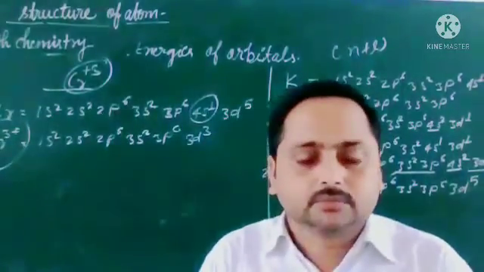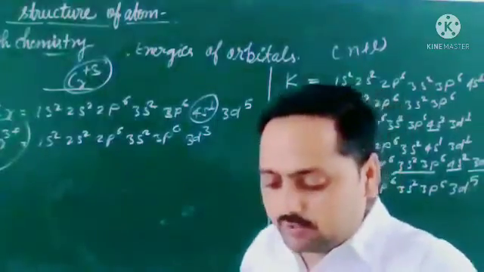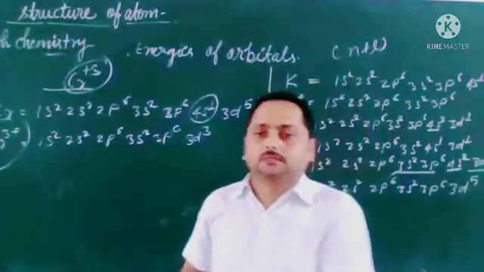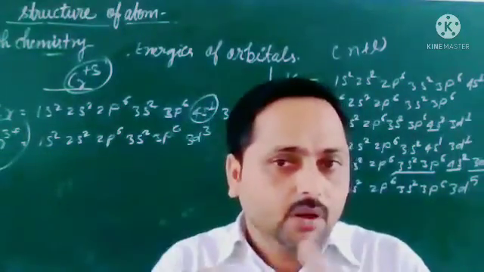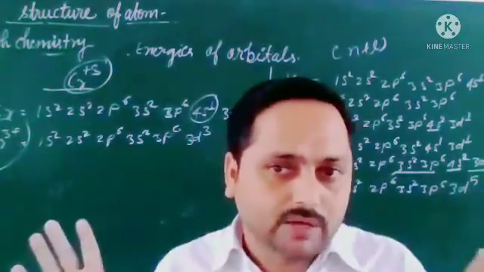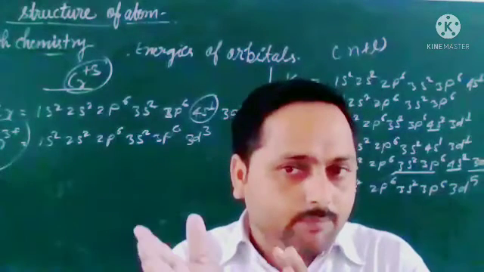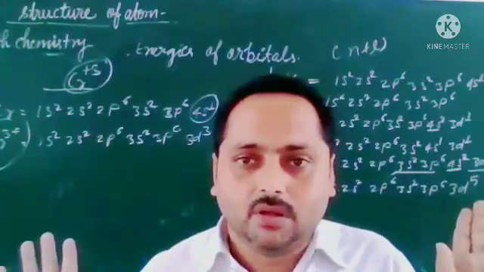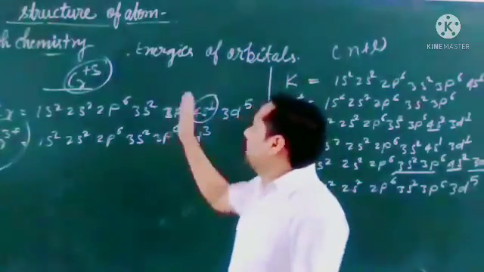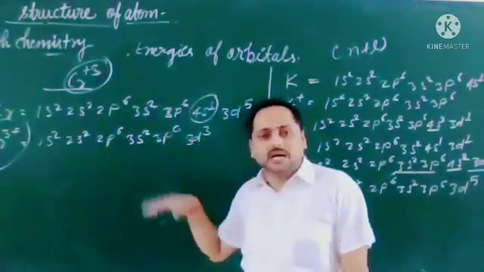All of you listen. One minute, time is going to be over. When we are removing electrons, first we see the shell, the n value, and the electron will be removed from the one with the highest value. After that, if we have to remove some more electrons, we apply the n plus l rule, and the orbital with the higher value of n plus l loses the electron. Remember this. This is what we follow for writing the electronic configuration of these ions.